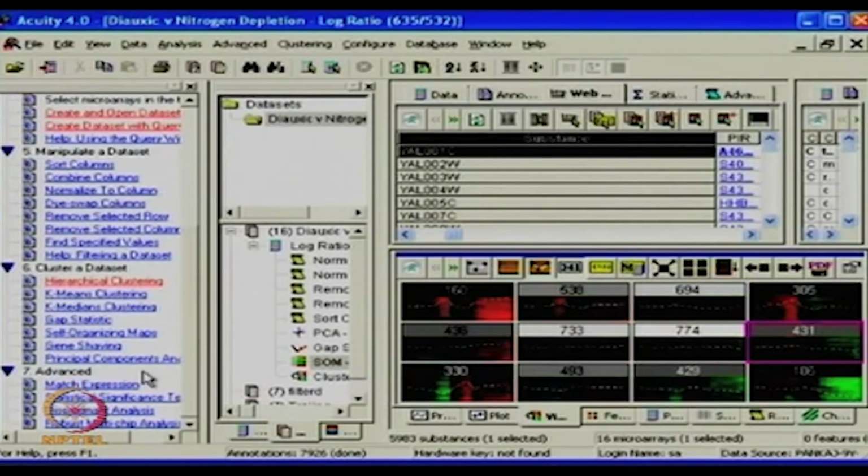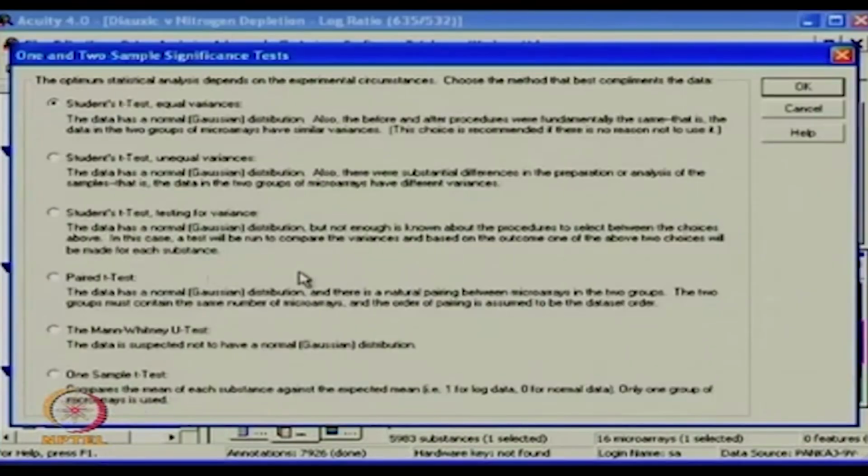Statistics in the sense, if you click on the statistical significance test, it tells you I have different options to go ahead with. Different types of tests one can perform, like student t-test, and the reason is when it is an equal variance with Gaussian normal bell-shaped curve, you prefer this test. When the variance is not equal, you go with the second type, where there is a small modification of the student t-test without equal variance. And you prefer the paired test when the sample is coming from the same origin,